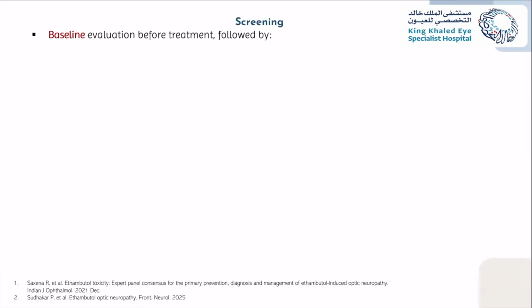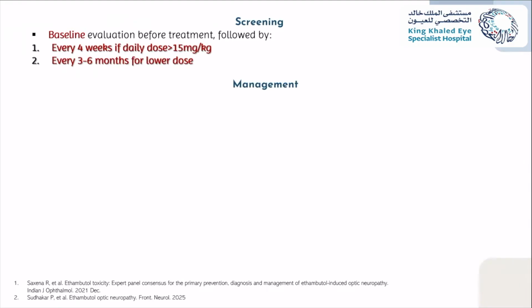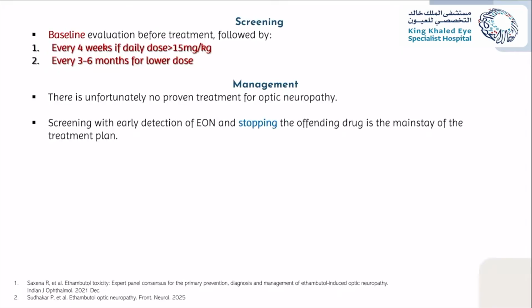So we always have to do baseline screening, and then every 4 weeks if the dose is more than 15, and every 3 to 6 months if the dose is lower than this. For the management, unfortunately, there is no treatment, but early detection and stopping the offending agent, which is ethambutol, is important. If we stop it before